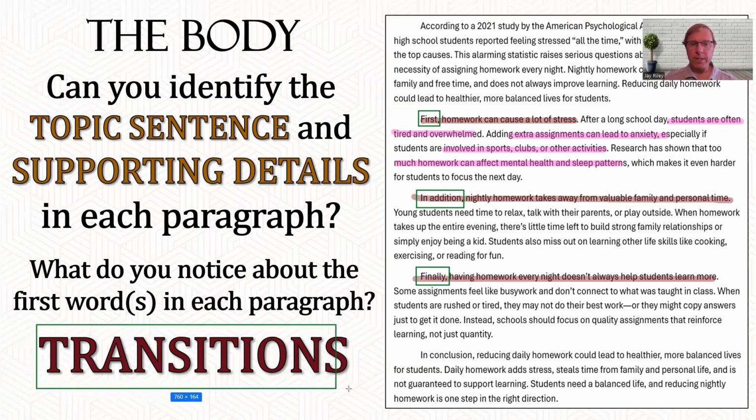We call these words transition words or sequence words because they help to signal the order. I let the reader know that I'm moving from one big idea to the next big idea. So in our essay structure, which is quite simple, each paragraph is going to be its own big idea. But as you write lengthier, more involved essays, you may focus on one big point over several paragraphs, in which case your transition words are going to become really important because you're going to want to signal to your reader that you're moving to your next big idea.